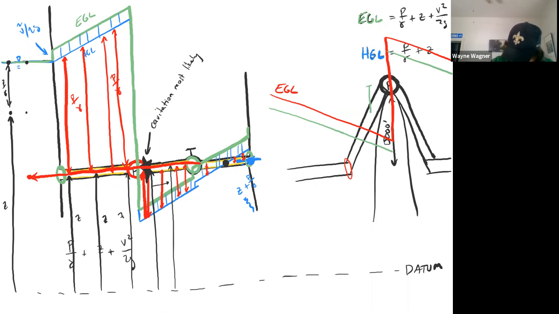Notice this is how negative our pressure is right here. This is P on gamma, and it's really, really negative. Okay, so if we do that, the risk of cavitation becomes really large. So we don't design systems like this. What we do instead, exact same pump, exact same scenario, is we put the pump,